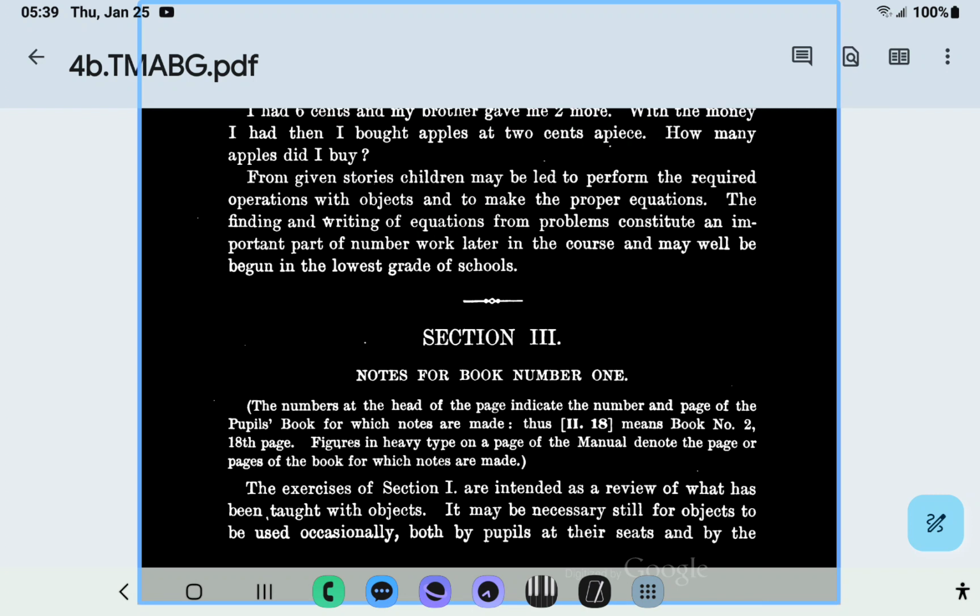Section 3. Notes for Book Number 1. The numbers at the head of the page indicate the number and page of the pupil's book for which notes are made. Thus 2-18 means Book Number 2, 18th page. Figures in heavy type on a page of the manual denote the page or pages of the book for which notes are made. The exercises of Section 1 are intended as a review of what has been taught with objects. It may be necessary still for objects to be used occasionally, both by pupils at their seats and by the